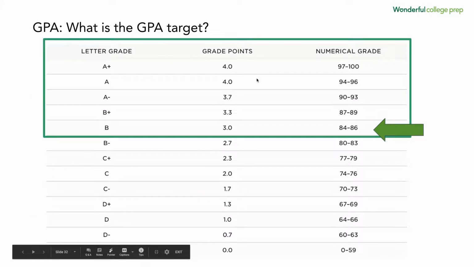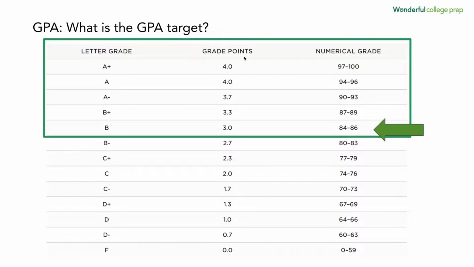So what's the target GPA? And I would say really this fluctuates sometimes from 2.5 and up, but I would say that ideally the healthy box to be in is at about a 3.0 and above. If you're at that 3.0 and above, you're great for Cal State. You're going to be great at some of the other universities and colleges around us. And it's going to help you, one, get entrance, but two, just show off everything you've been working hard at and doing.